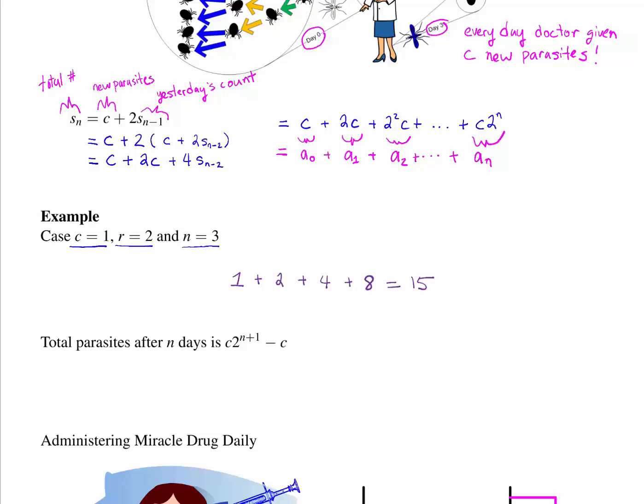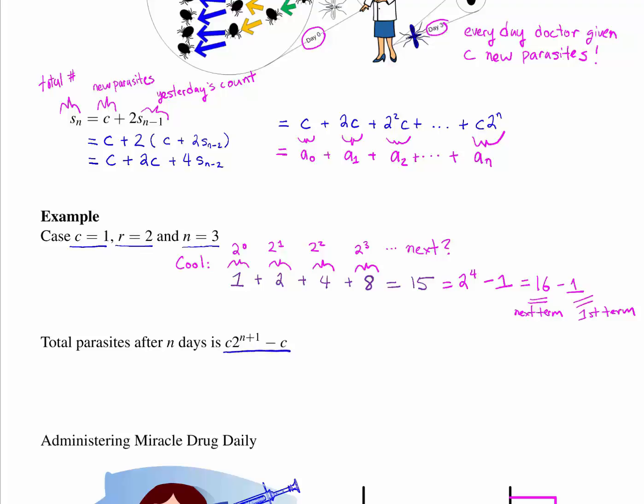Now this brings me to something that's really cool that I want you to remember. So when we added 1 plus 2 plus 4 plus 8, it was the next term, which would be 16, minus the first term. And this is going to turn out, with minor modification, to be true for geometric sums in general. And in particular, if we go to the general case where c is not necessarily 1, the total number of parasites after n days is c times 2 to the n plus 1 minus c,